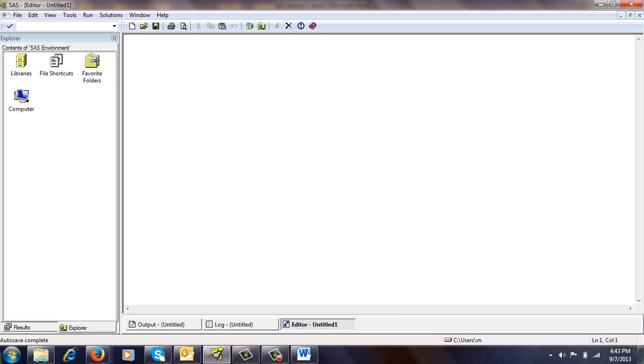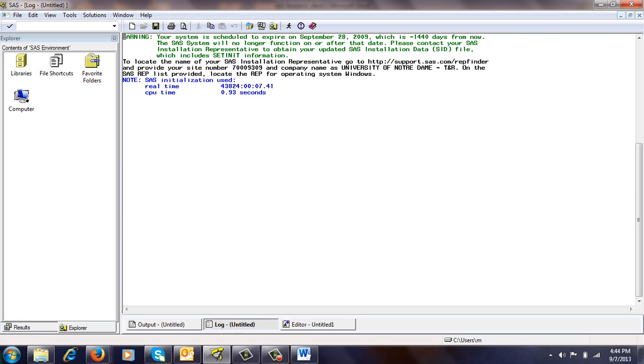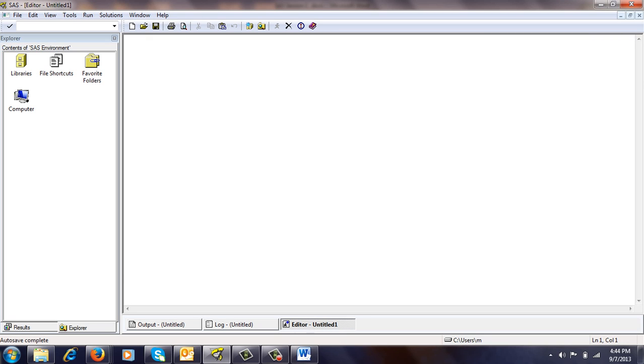The first window is your editor window. The shortcut key to go to the editor window is F5, and it is used to write the SAS program. All the programs that we write will be written in the editor window. Next is your log window. It is used to see the actions taken by SAS, or to see any syntax errors we have in our programs. Once you submit the program written in the editor window, you will get the response in the log window.